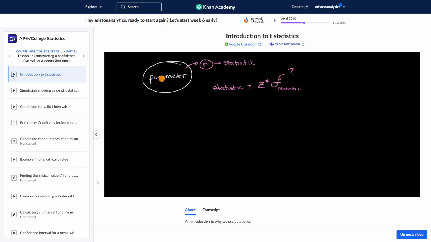For example, in a situation where the parameter that we're trying to estimate and construct confidence intervals for is, say, the population proportion, what percentage of the population supports a certain candidate? Well, in that world, the statistic is the sample proportion. So we would have the sample proportion plus or minus z star times, well, we can't calculate this unless we